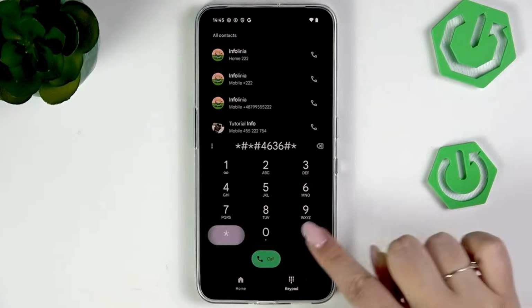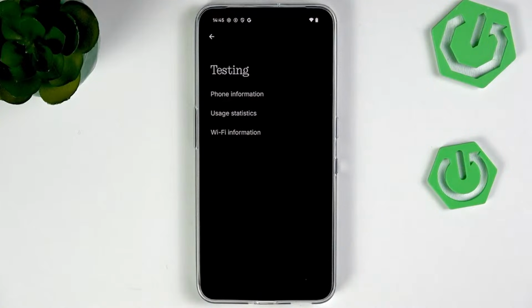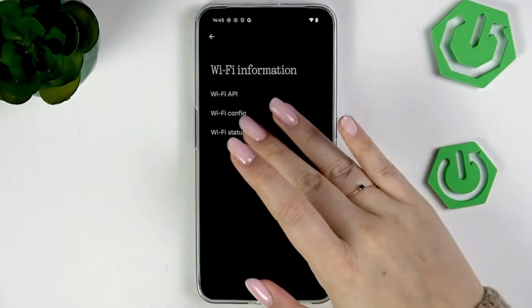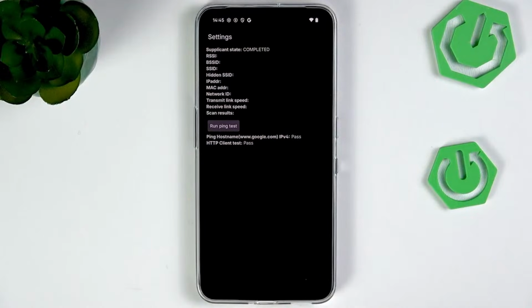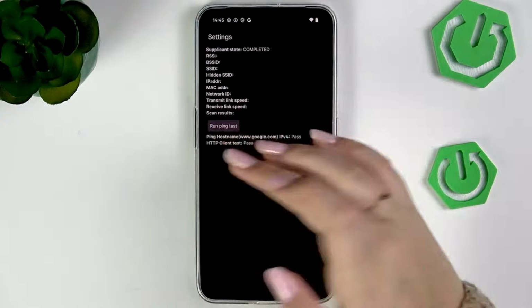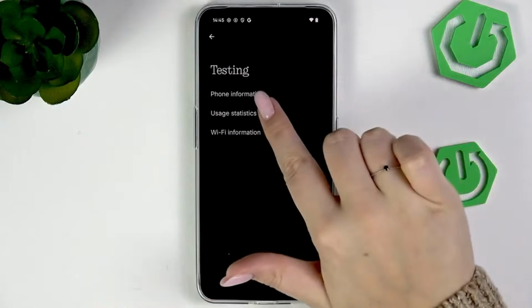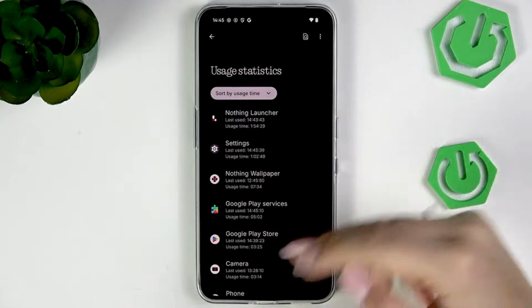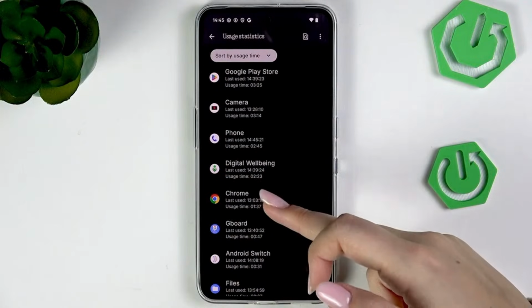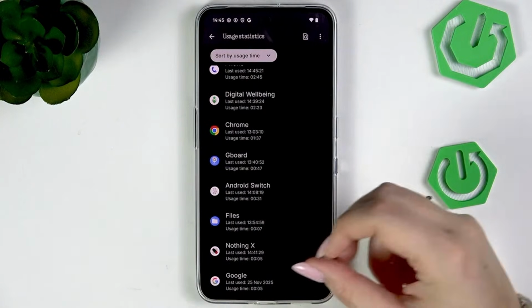*##4636###. And here we are in the testing mode, so we can check the phone info, usage statistics, and Wi-Fi info. So simply tap on it, choose for example status, and here we can check the SSID or network ID. We can run ping test here. Moreover, we can enter usage statistics, and here we've got the list of all apps with the specific time we've spent on them,